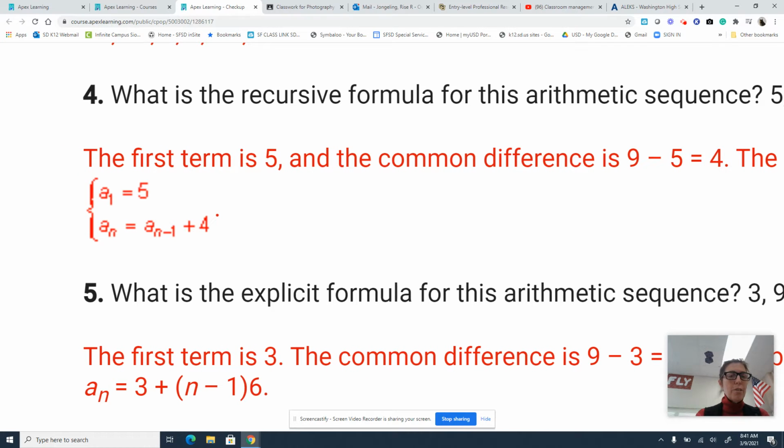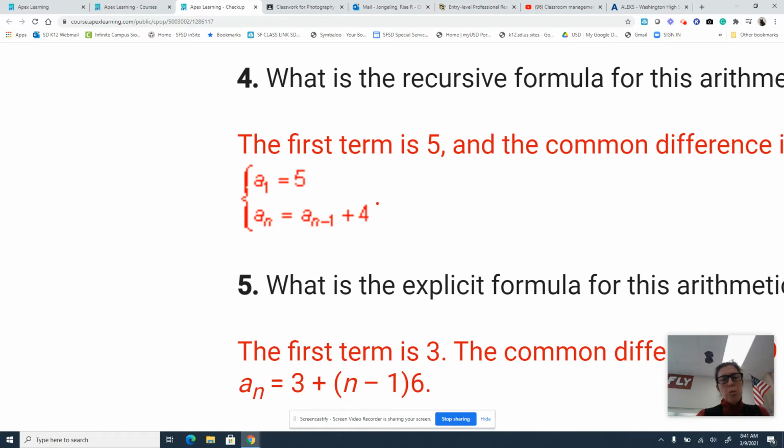So this is how you would write that. A1 equals 5, because that's your first term, okay? A sub n would be plus 4. That's your, what did it change? What did the sequence do? What is it adding or subtracting, okay? So this is basically